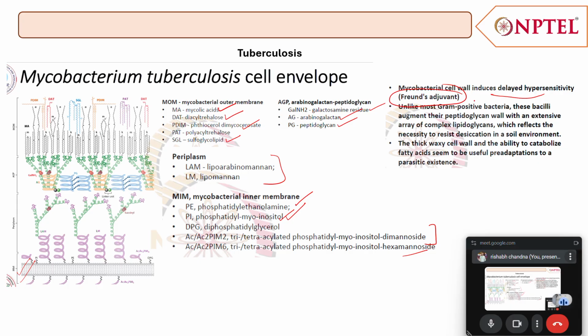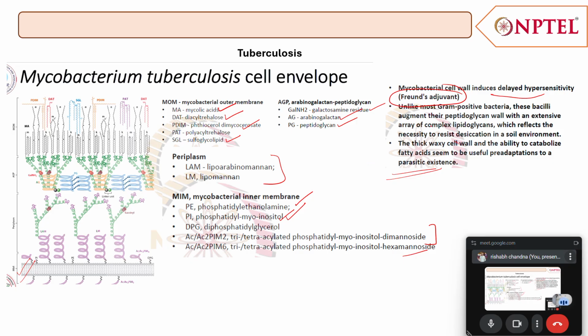Unlike most gram-positive bacteria, these bacilli augment their peptidoglycan wall with an extensive array of complex lipidoglycans, which reflects the necessity to resist desiccation in a soil environment. The thick waxy cell wall and the ability to catabolize fatty acids seem to be useful pre-adaptations to a parasitic existence. These are the modifications present on the membrane of the mycobacteria, in which